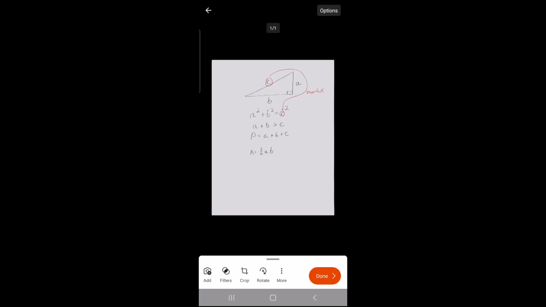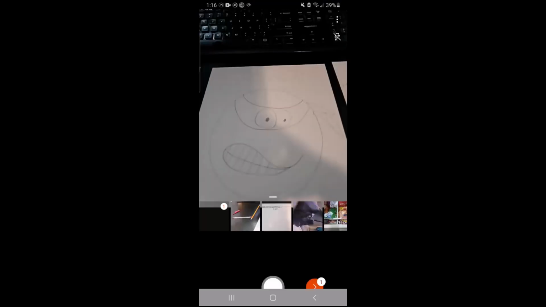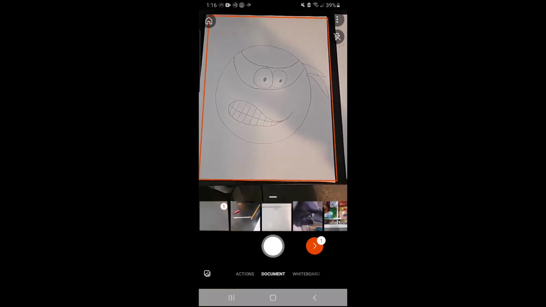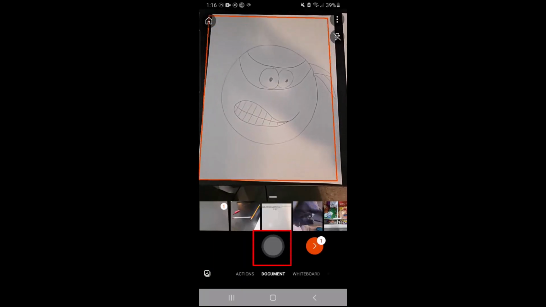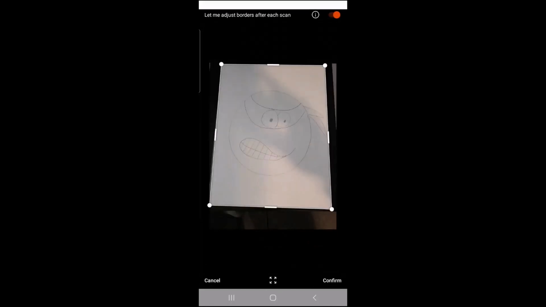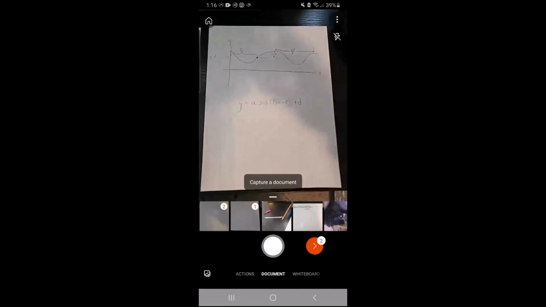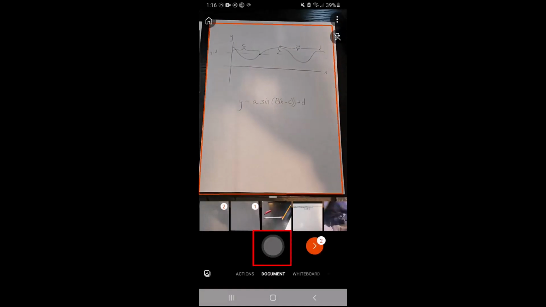And for more pages, I can go ahead and click Add, which is down here in the bottom left. And then I can just take a picture of these. If I already had them saved as images, I could just choose the images from my phone. But here I'm just going to take these pictures. Now it leaves it in the mode where I can choose a bunch. I'm going to go ahead and click all of these here.